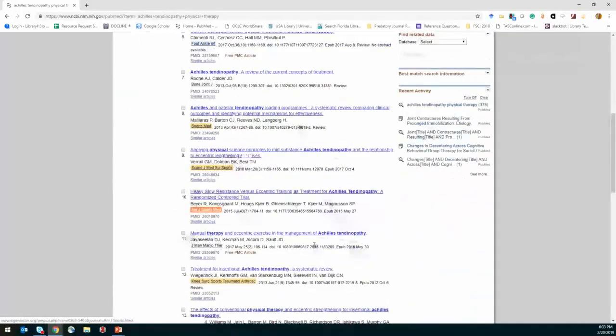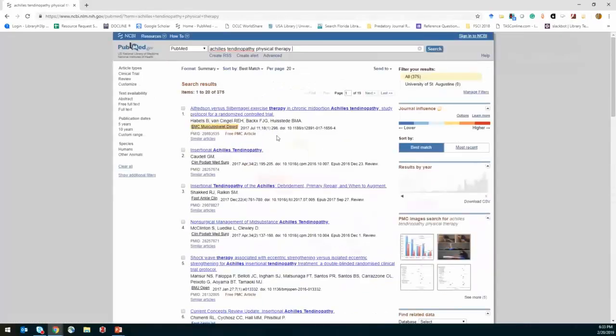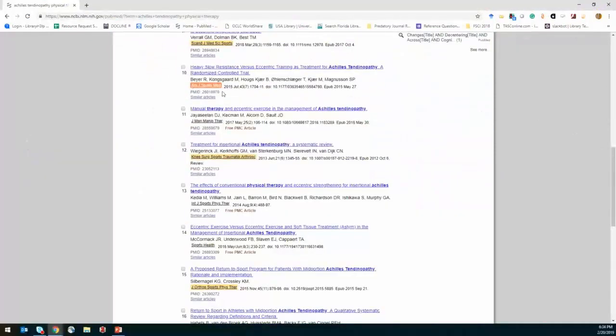And maybe Steve can pipe up if any of these things seem unrealistic, but you can see as far as the color code, BMC Musculoskeletal Disorders is showing as a fairly highly ranked one. Let's find a nice bright red one. American Journal of Sports Medicine is showing as a highly impactful one.